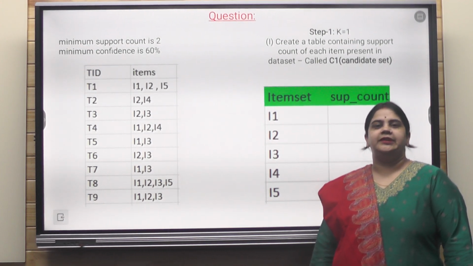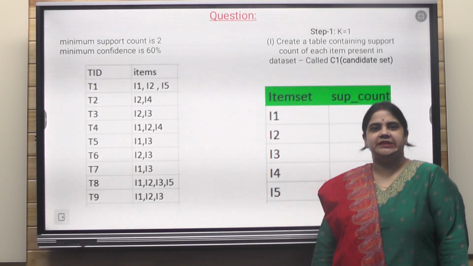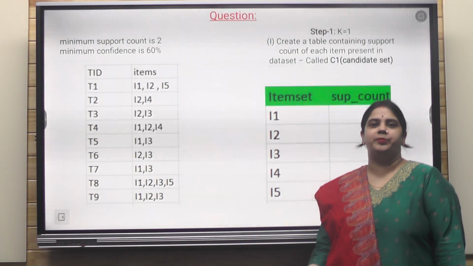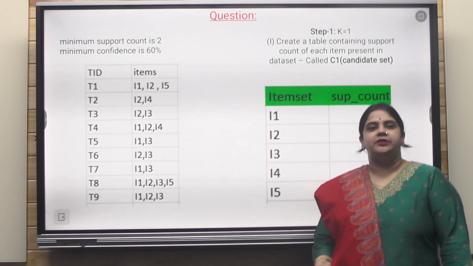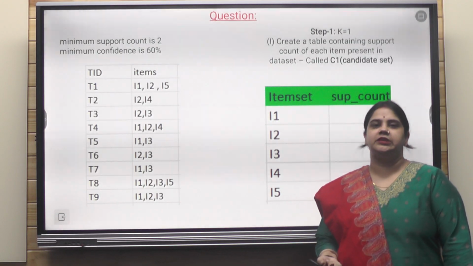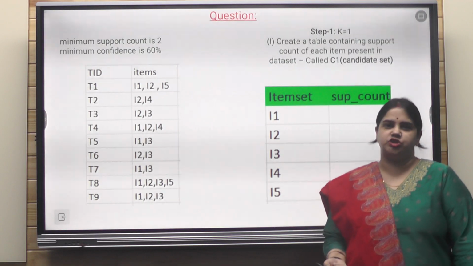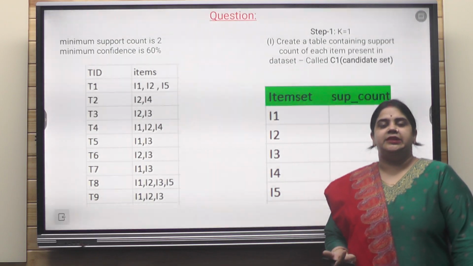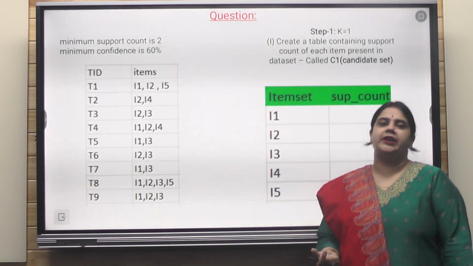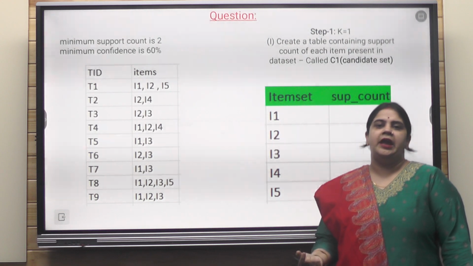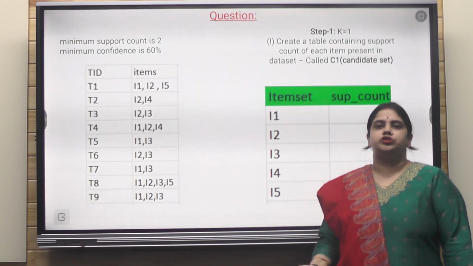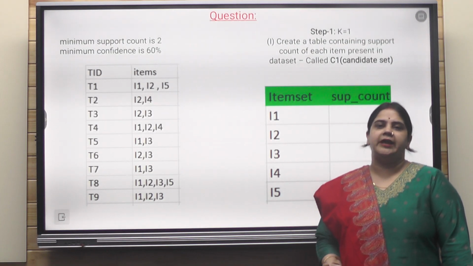Good morning everyone. In the last video, we have seen the Apriori algorithm, which is basically used in market-basket analysis. In market-basket analysis, we have seen that the Apriori algorithm is used to generate the frequent itemsets from the transactions. Also, we have seen in the last video that there are two parameters, support and confidence, and with only those two parameters we are going to run and execute our Apriori algorithm. So today we'll solve one numerical based on that algorithm.